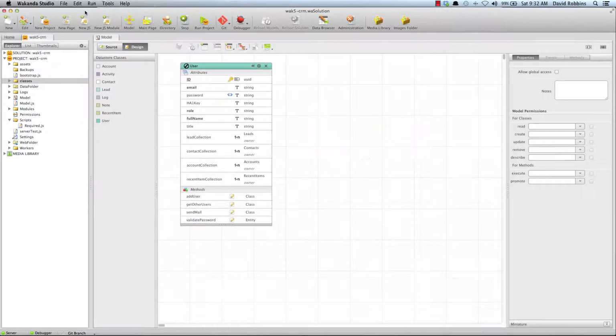So I'd like to go to our project, our CRM, and in this CRM and in almost every single Wakanda application I write, I never use the built-in directory. I'm always storing and authenticating users from my own user data class. And the reason for that is I usually find that I want to add more attributes other than just the username and password. So I'm always finding myself creating my own user data class